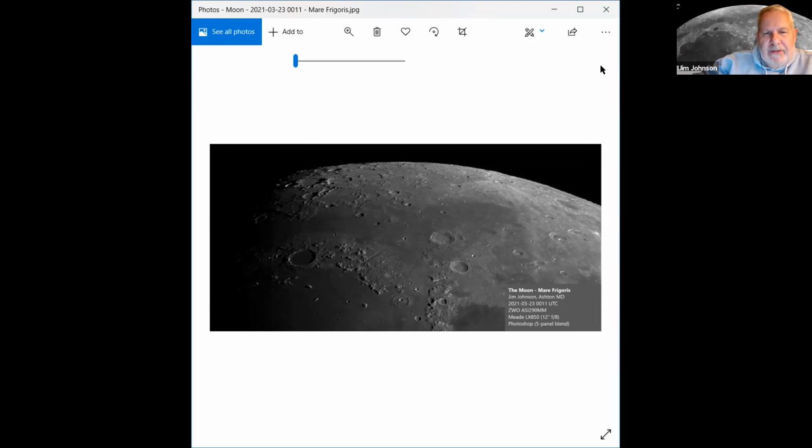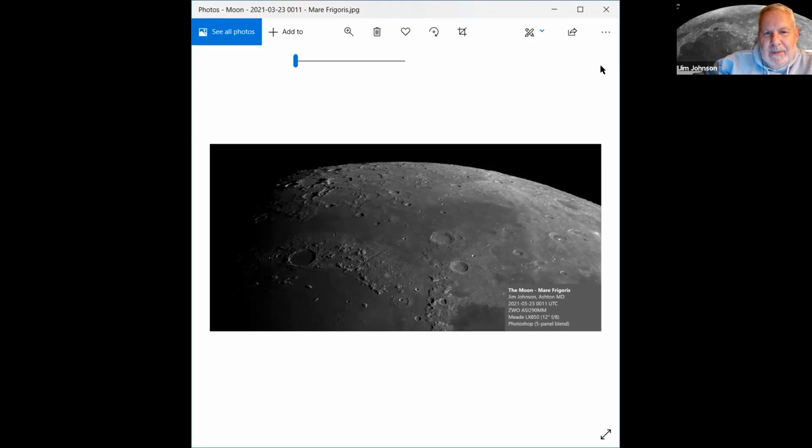I would add there that each one of those 5 or 6 camera frames that were blended together was a run of 3,000 frames that I stacked the best 300. Yeah, I'm going to start doing that. I haven't done that, running AVI files like that. And some of the planetary stuff and the moon really makes me want to get a longer focal length scope for doing that kind of thing. That's really awesome. All right, well, Marty can help you out.